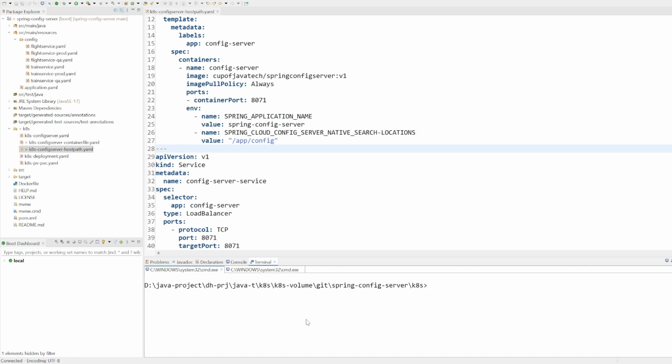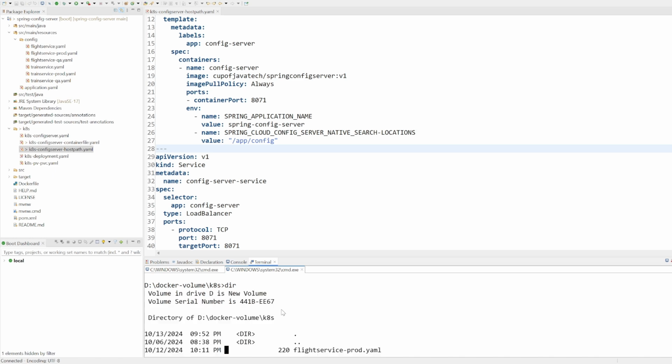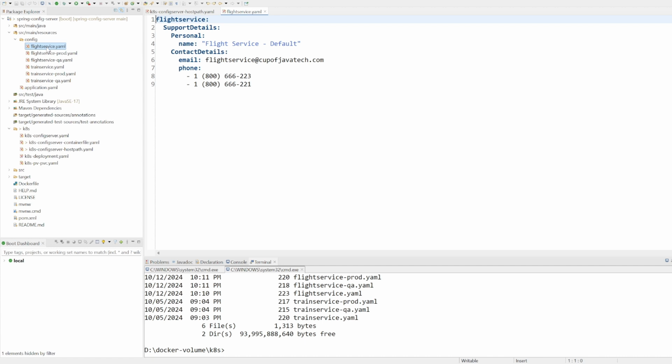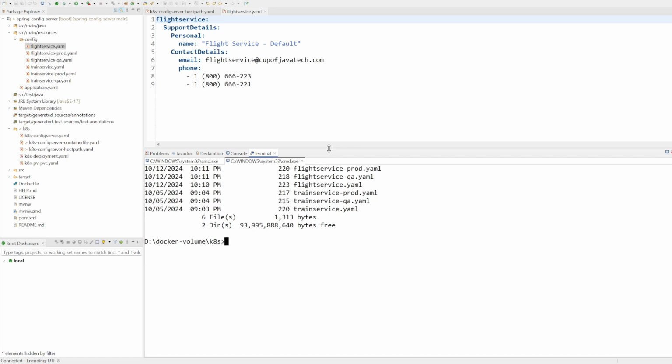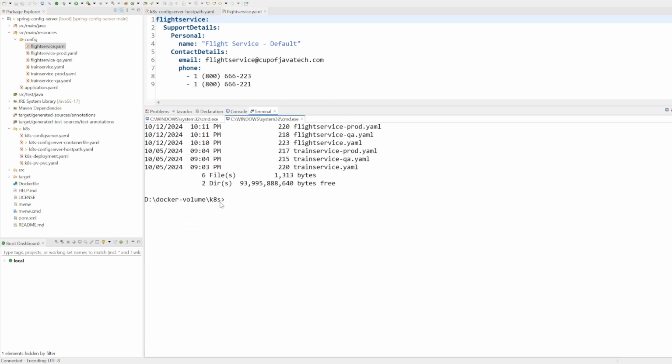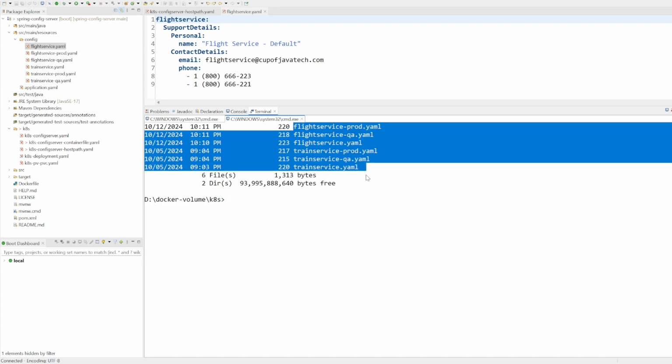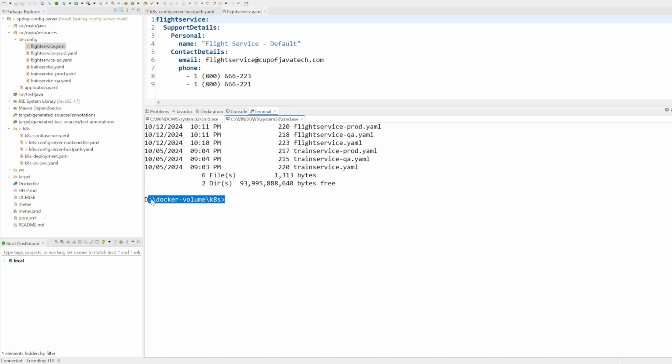So what I have done is I have added all the files related to my configurations that we have used here inside a Docker volume K8s folder. Inside that one I have defined all the files. Over here I have added all the details, all the configuration files, and I want to attach this host path with